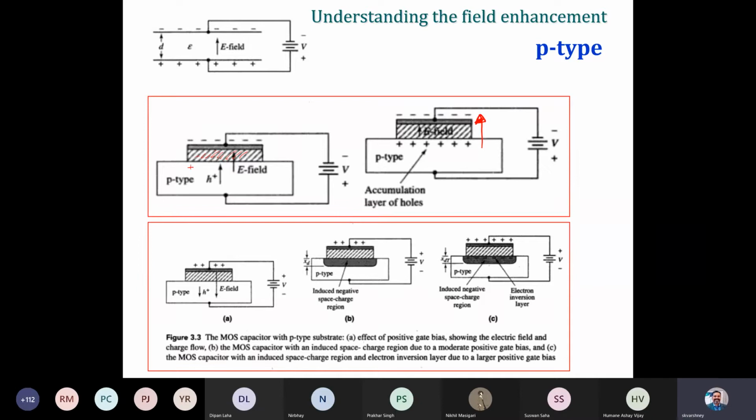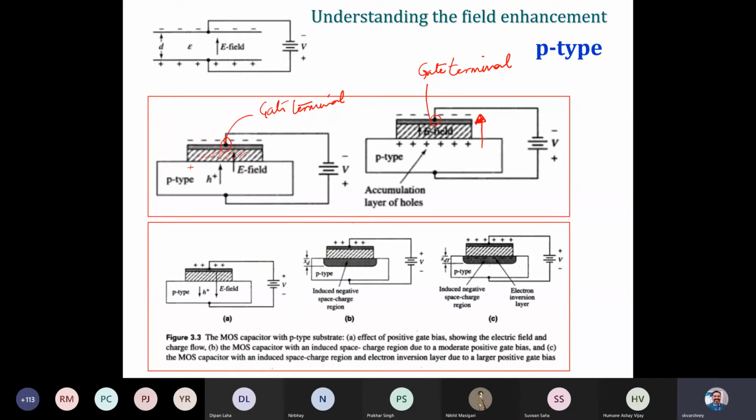Now what's interesting happens if we reverse this polarity. Reverse the polarity means now we put the positive terminal at the gate terminal. The gate terminal, I'm talking about this here. Now let's reverse the polarity, so the positive charge will accumulate at the top of this layer here, like shown here in this way. So you get a positive charge.